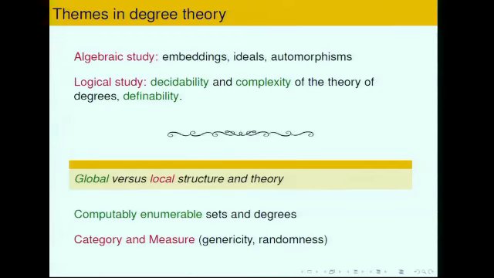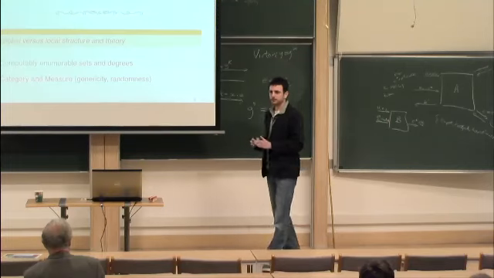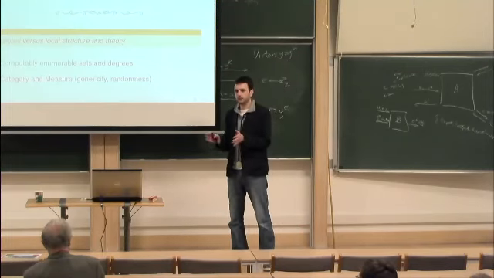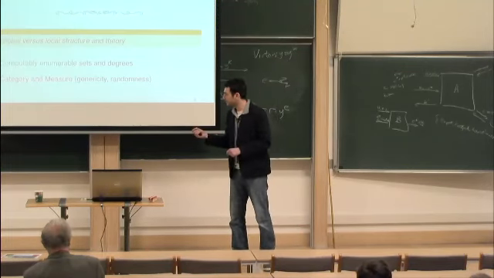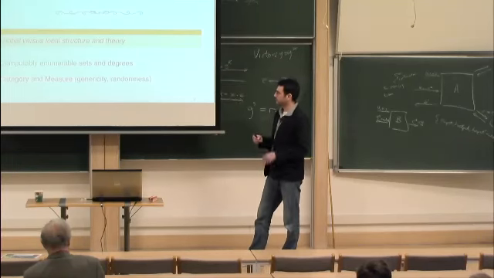A lot of things can be proved by these methods, but these methods have other uses as well. For example, measure theoretic methods relate to randomness. If you prove that the measure of the reals which satisfy a property is 1, it means that a sufficiently random element will have this property. So in a way, you study the properties of typical degrees, typical sequences. And the same for category, only that the notion of typicalness is different. So sufficiently generic reals have certain properties.